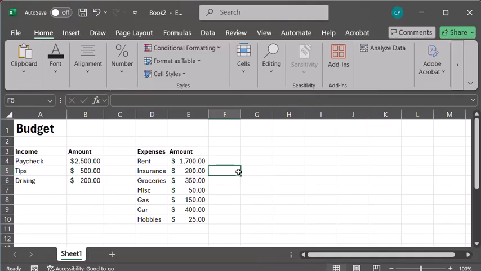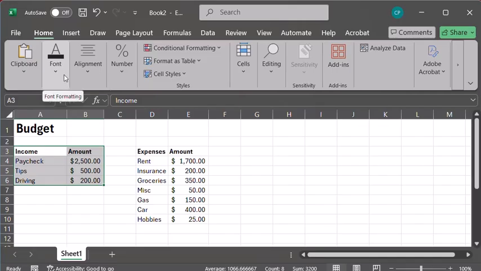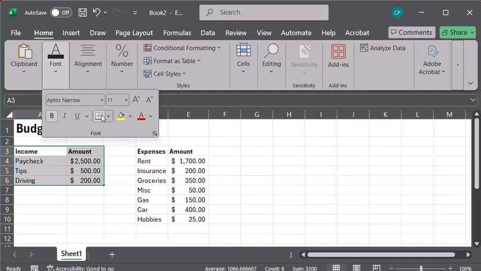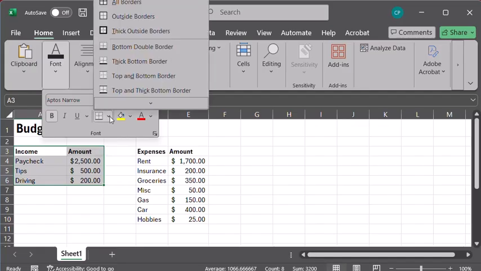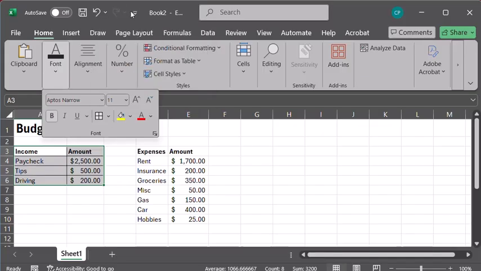All right, another good way to organize your spreadsheet, especially if you have multiple tables like I have here, is to add some grid lines. So I'm going to highlight my income table, and under the font formatting, there is a little border option. So I'm going to do the drop down on the borders and just do all borders.